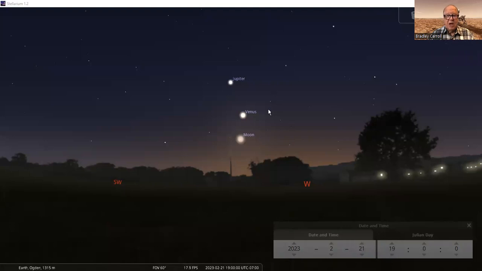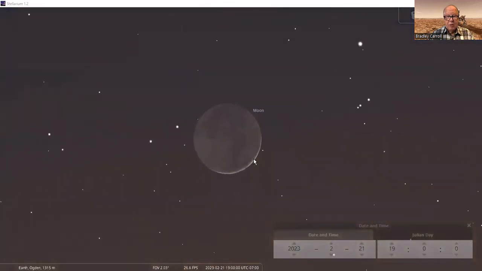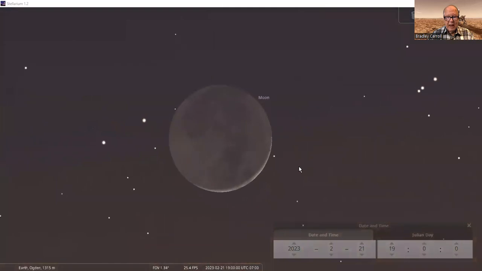But what you have in the sky are Venus and Jupiter very close together, and right underneath the moon. Now let me zoom in on the moon, and you can see this is barely a day after the new moon, and it's just a very, very thin sliver of a crescent.